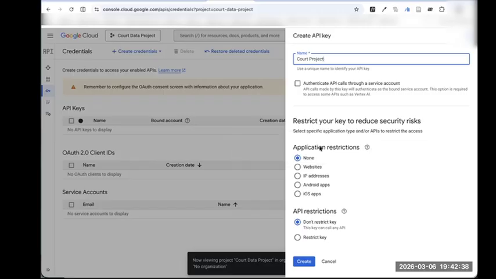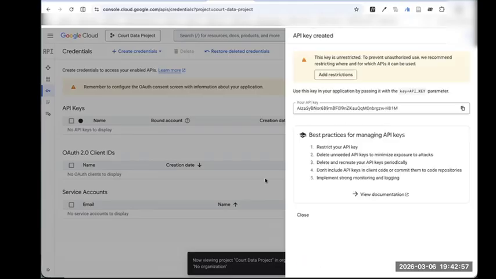Yeah, he has asked, do you want to somehow restrict the use of such a key? But we do not need that, so we don't apply any restrictions, and we just create an API key. Yeah, and it's here, it's created. I'll delete it later. But yeah, here's your API key, and you can copy it and use